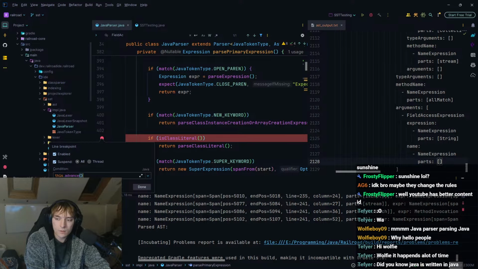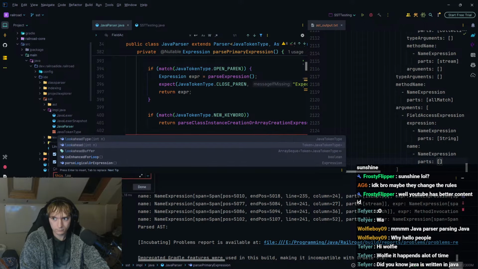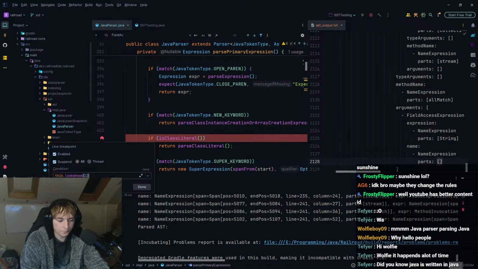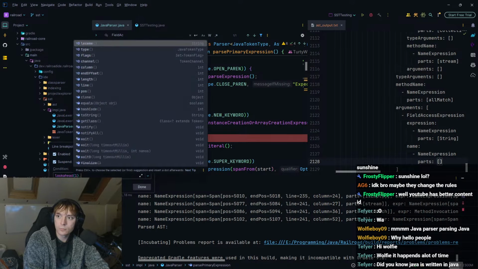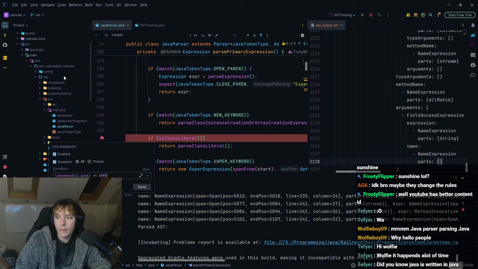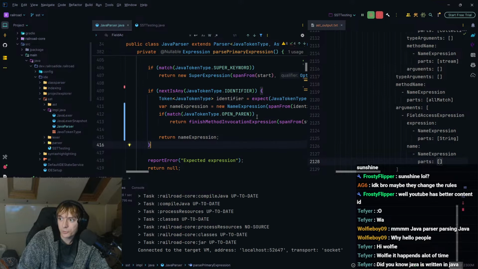So we could, no, we could say look ahead 1, which actually we have a peek method, don't we? No, apparently not. Look ahead 1 dot pos is equal to that, and it might work, maybe. It's a long shot, admittedly.